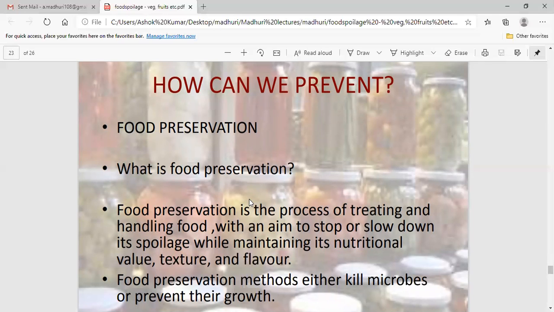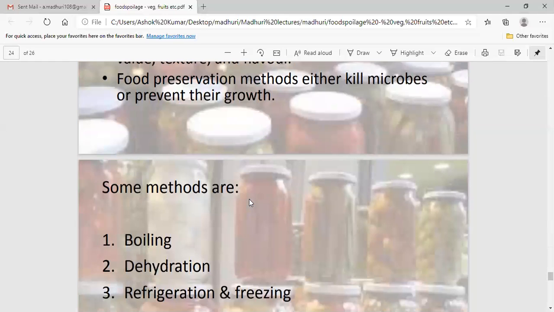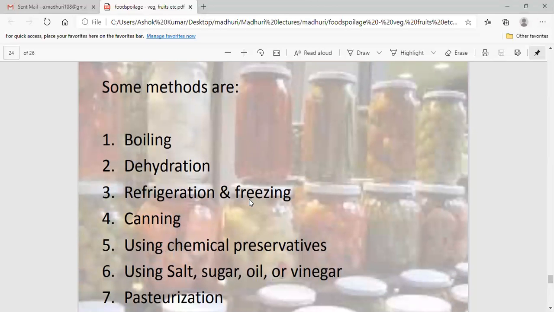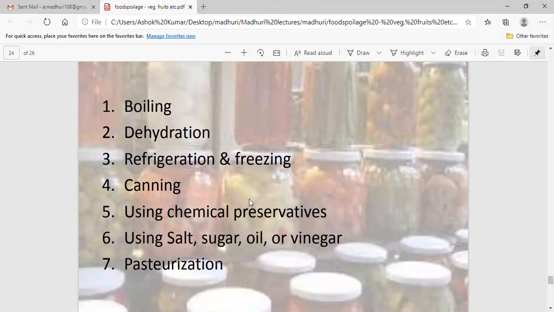If you want to preserve the food, it doesn't mean that you can add anything to the food that may prevent the microbial growth, but it should not affect the nutritional value of the food also. So food preservation methods either kill microbes or prevent their growth. Some methods are boiling, dehydration. Dehydration means removal of water, refrigeration and freezing, which we do at our homes. Canning means, as we have just discussed, the food is packed in the can and then subjected to heat treatment. And using chemical preservatives, some chemicals we can add to the food,